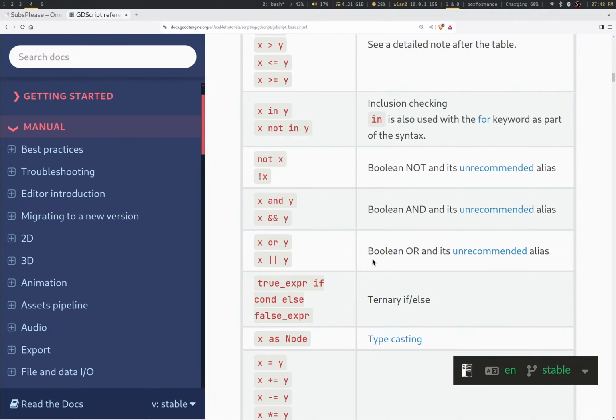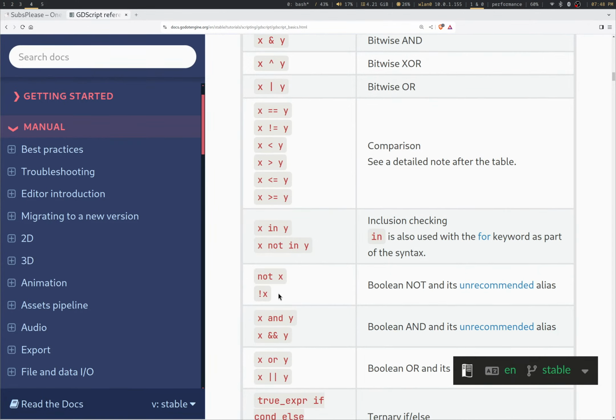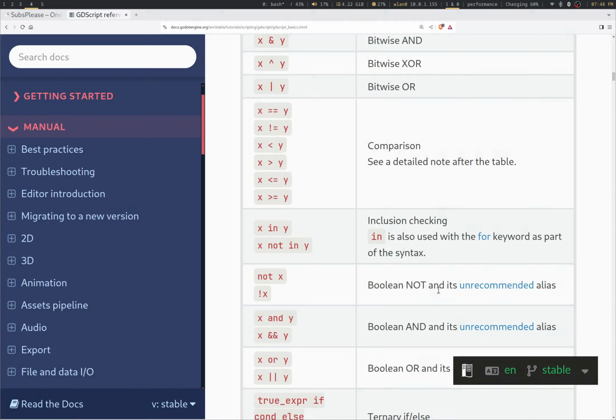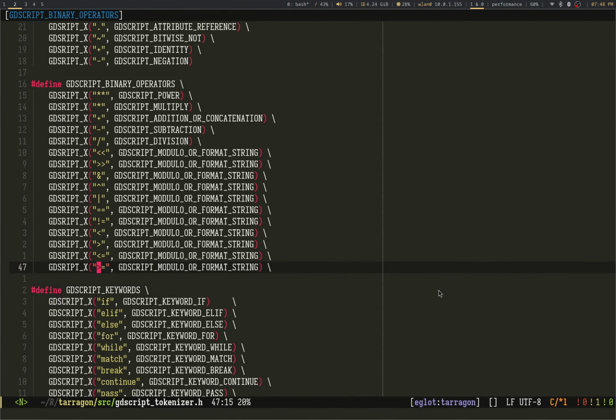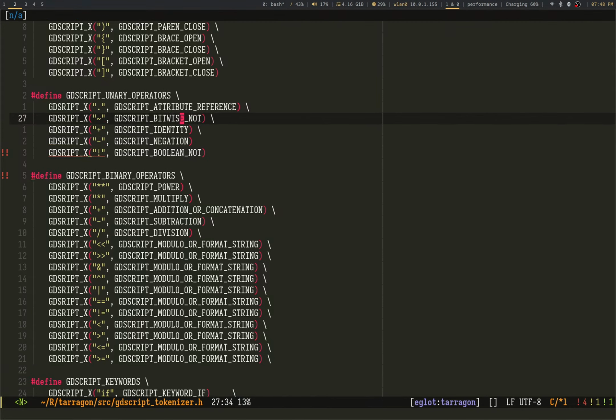I already got those. Those are the keywords. Stats. Donut? Oh, I guess I don't. This is a unary operator. Okay. You know what? You don't have to. You can just say I don't have to do bitwise.